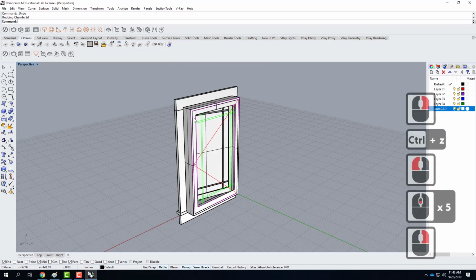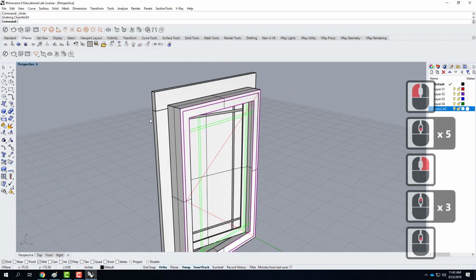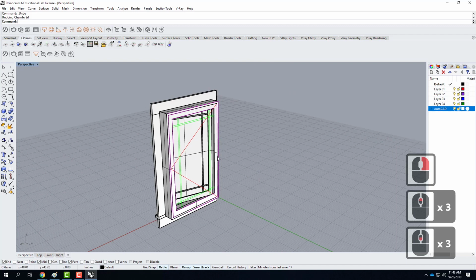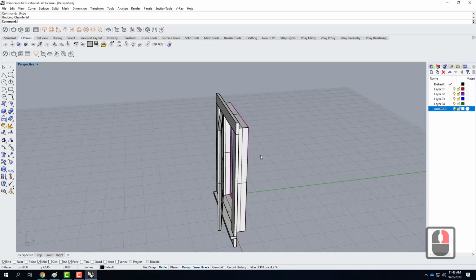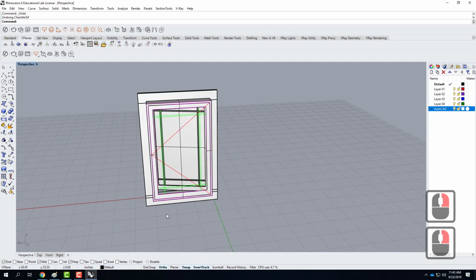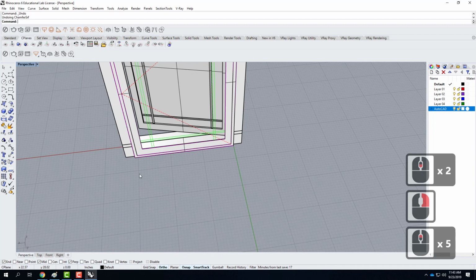Likewise, on the inside of the window, maybe you want to do a little piece of trim on the inside of the window. Generally, the trim on the inside of the window has a different profile than just rectangular. So I'll go ahead and show you a strategy for doing that. The first thing I need is the profile of what the interior trim would look like. So we could do something as simple as